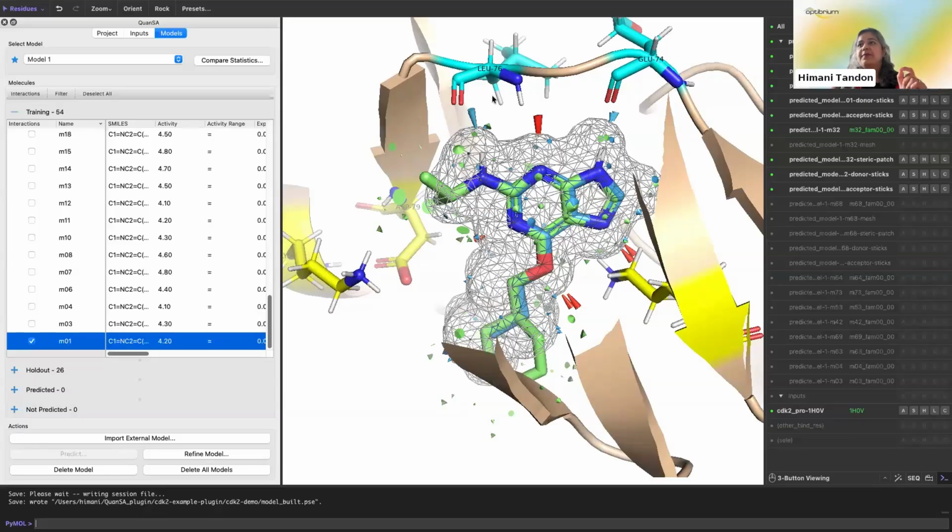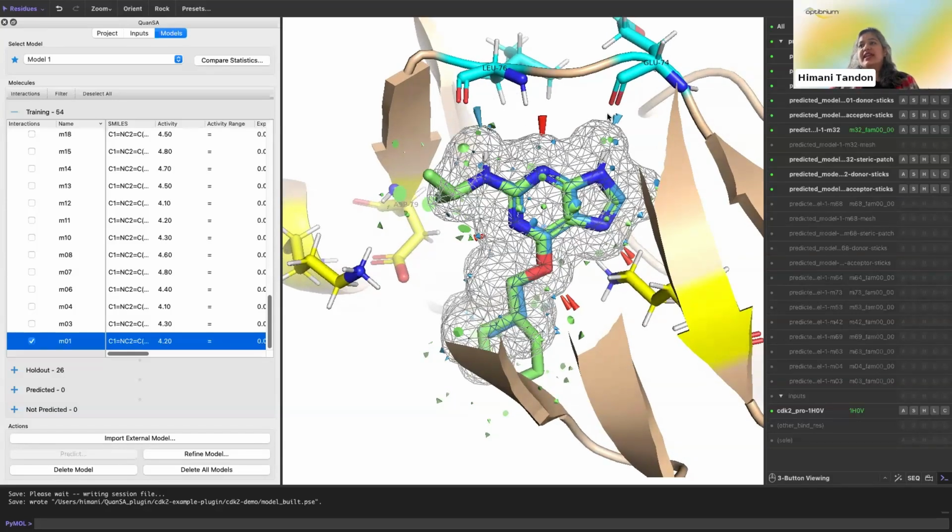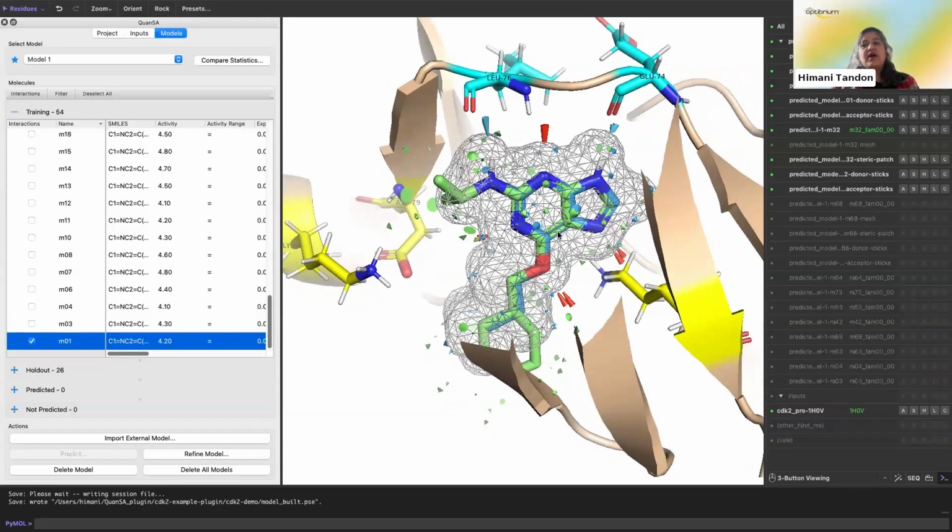So these cyan residues are the hinge residues from the pocket, and these yellow residues are the other residues that bind to other parts of the ligand molecule. But in this case, you can see that the hydrogen bond donors and acceptors align really well in the pocket. So wherever the ligand has a hydrogen bond acceptor, the corresponding residue in the pocket is a hydrogen bond donor. This is something, again, very powerful, and QuanSA is able to learn that information. Again, it's worth mentioning, without the presence of a protein structure.